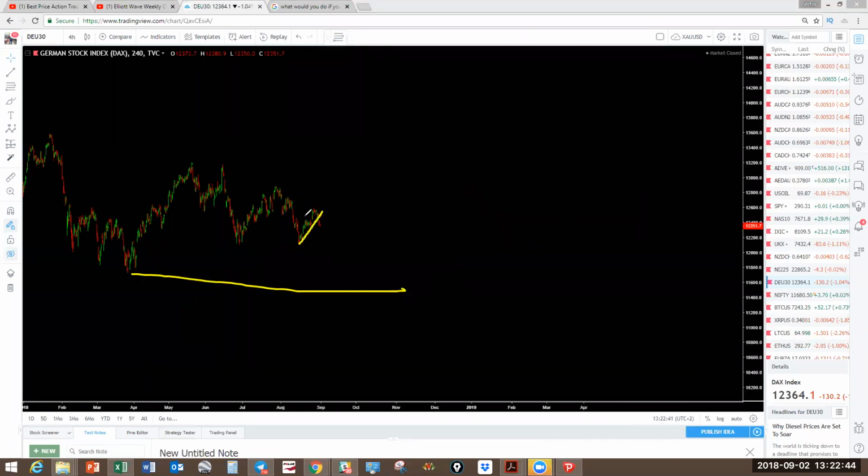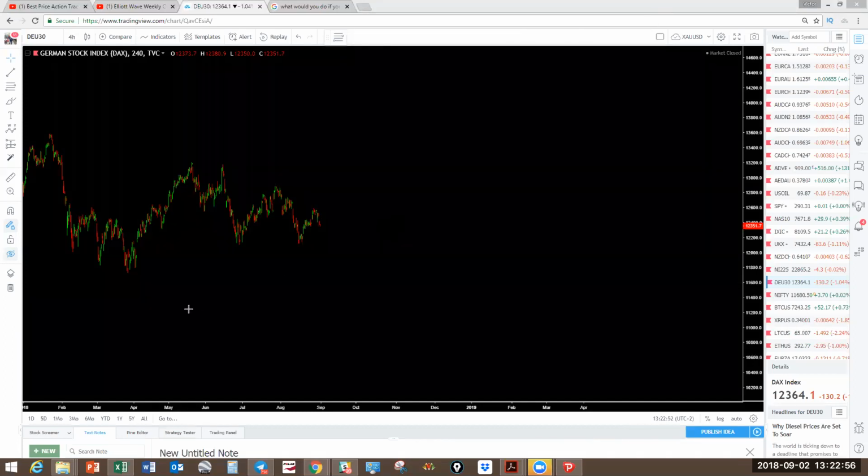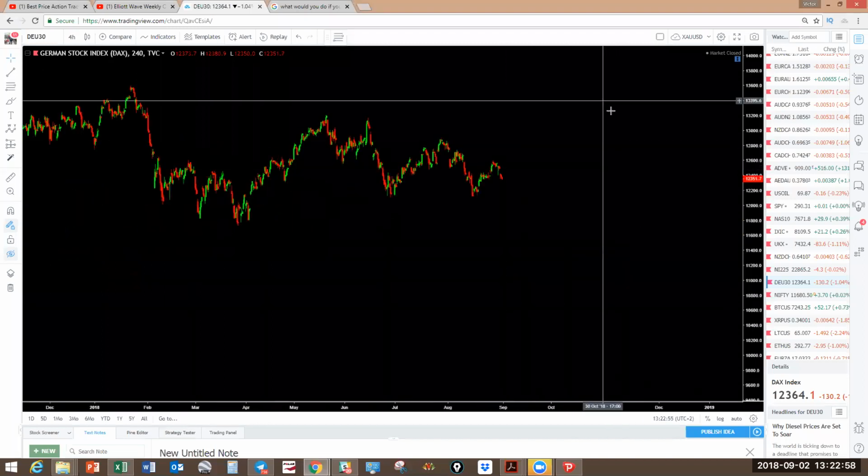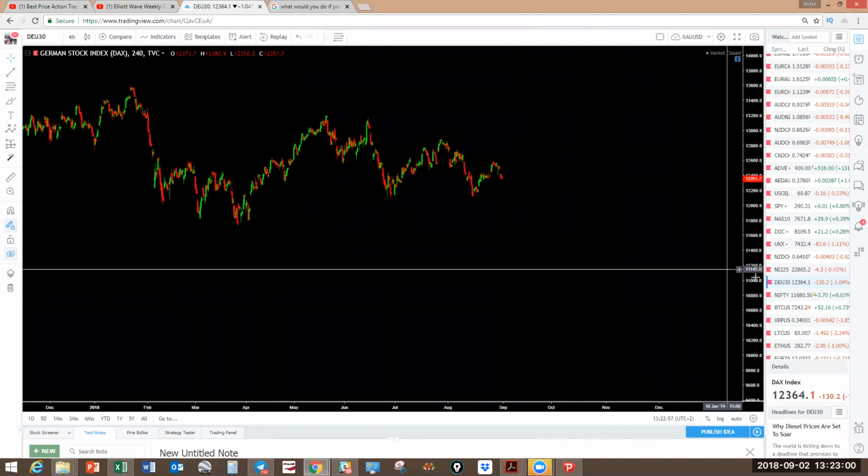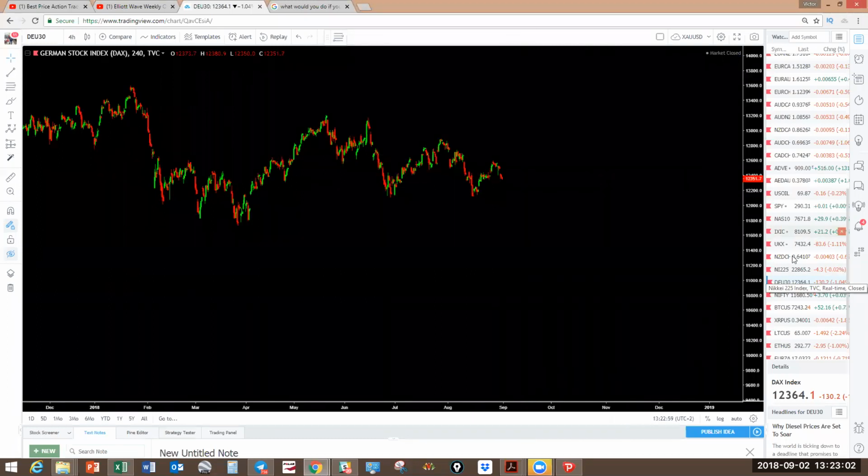Okay, it has already broken out of this 3-wave correction. You can see 1, 2, 3 up, and now we've broken down. You're looking for this to take it back there. All right, so that's the DAX. Easy. Okay, you may have a very nice trade there. It's a nice setup actually on the DAX. All right,